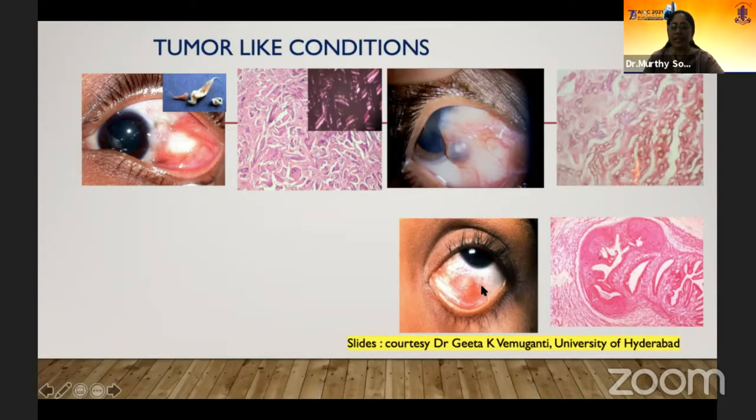But when we excised it, what we could see was multiple septate filaments, which was nothing but a ball of fungus. This is yet another patient who was initially diagnosed as nodular scleritis and was also started on steroids, but the patient did not improve except for some amount of improvement. It did not go away. And excision biopsy was done, and what it showed was the skeleton of a worm.